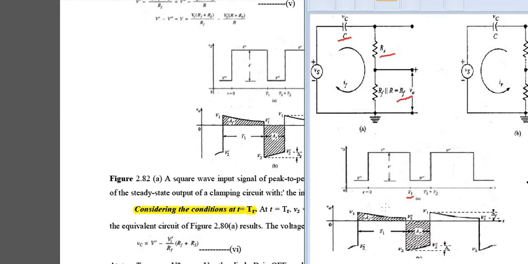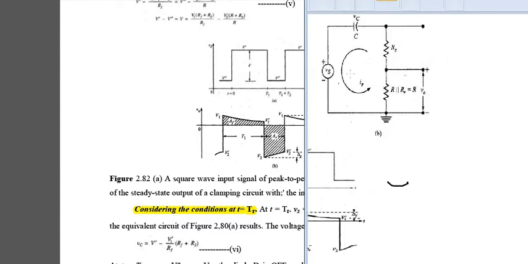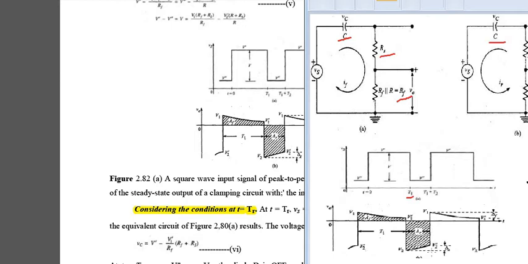Correct? Now when it comes to V2 dash, what is the output that we will obtain? Your diode is in the non-conducting condition, so the diode is in reverse bias and the current will also be in the reverse direction. So V2 dash will be equal to V2 into e to the power of minus T2 divided by (R plus Rs) into C. This is the time constant that we have obtained. Fine. So this is how you find your V1 dash as well as your V2 dash. Correct? These two parts we have found. I hope you are clear with this.